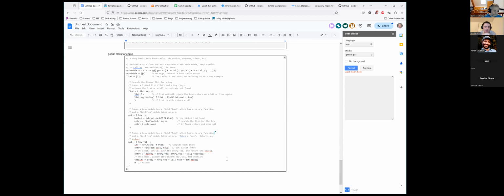What is this hash in front of the table? It's an operator that means length, and arrays support the length operator. So it's the length of a collection, the length of an array. You can implement that for your structures too.